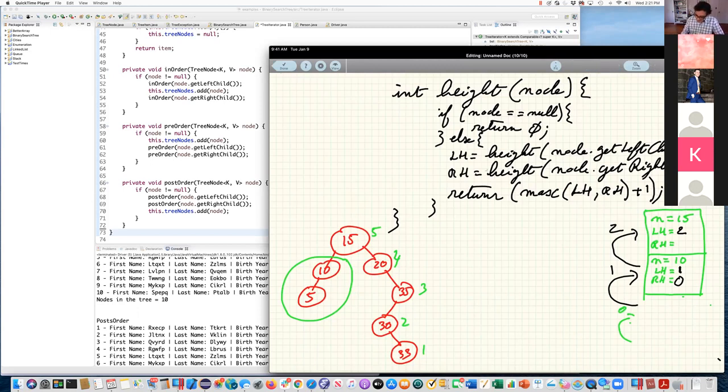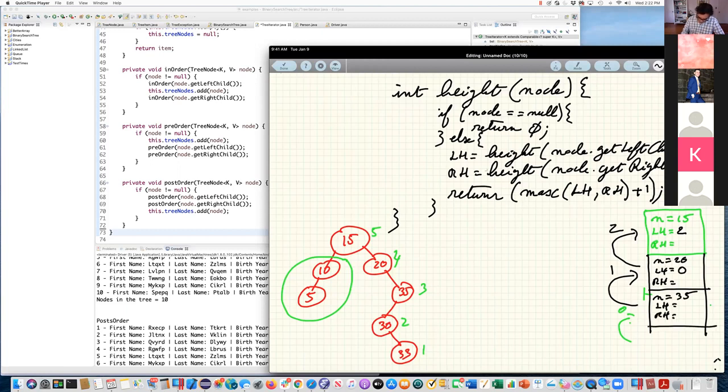Okay, so now that we know the left height of that subtree is 2, we go to measure the right height. So n is equal to 20, left height, right height. Okay, so 20 goes to measure his left height. He gets a 0 back. So he says my left tree is 0. He says go measure the right height. So he goes to node is equal to 35. And 35 measures his left height and his right height.